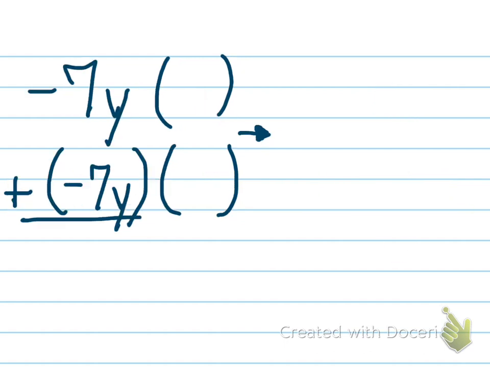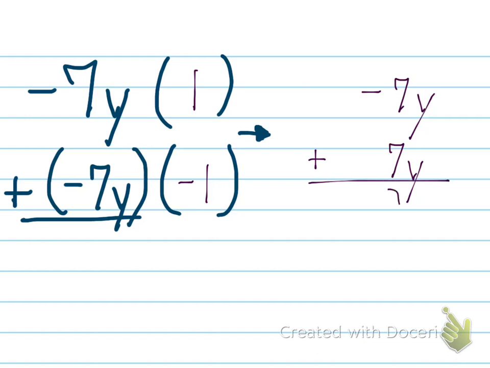Let's do another example. Negative 7y plus negative 7y. That's not going to equal 0. So I have to think, what can I multiply to each term so when I add them, they equal 0? I can multiply the negative 7y times 1, which will give me negative 7y. And I can multiply the second one times negative 1, and that will give me positive 7y. And when I add them to each other, that will equal 0. And by the way, I could have done the first one times negative 1 and the second one times 1